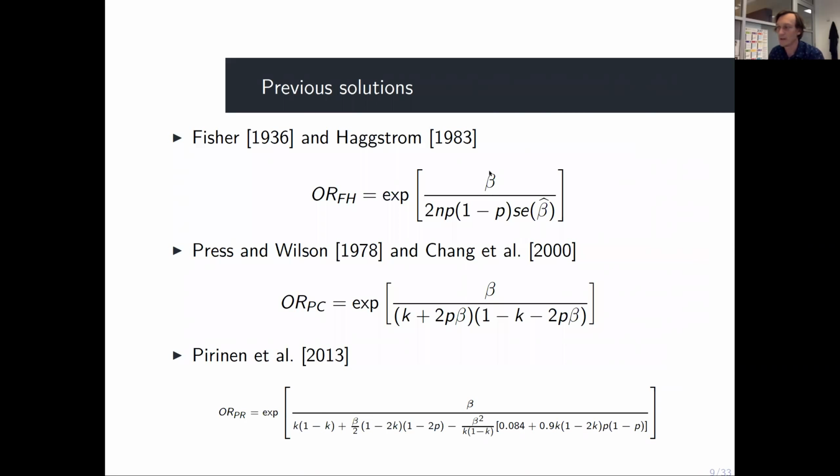So where beta here is the regression coefficient from analyzing the dichotomous outcome using the linear model, and the standard error of the effect here. N is the sample size, and P is the allele frequency of the allele that we're interested in analyzing. So you can also see that it's a function of K here, the sample prevalence, and pretty much Pirinen's is just a function of the effect from the linear model, the sample prevalence, and